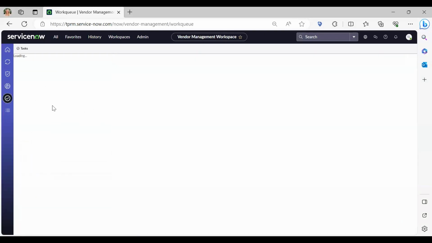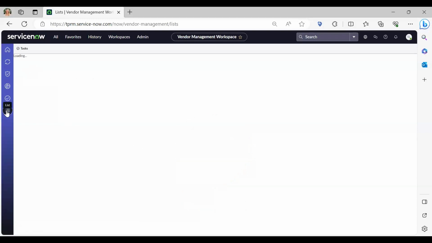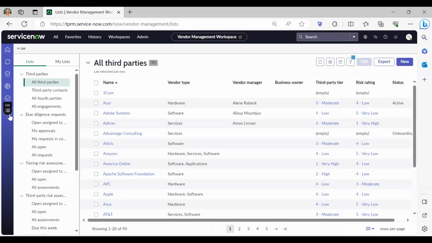Next homepage is going to be tasks. I would hope I'm assigned none, but within the workspaces, as you might know, the theme across all is to have the consolidated task page. So you can easily see your queue of work by category of task, by state of task, to be able to work through your given activities and always have that consolidated view. And then, of course, if you appreciate the list view that was provided in UI 16, we still have that option to be able to look through the data in the list views.